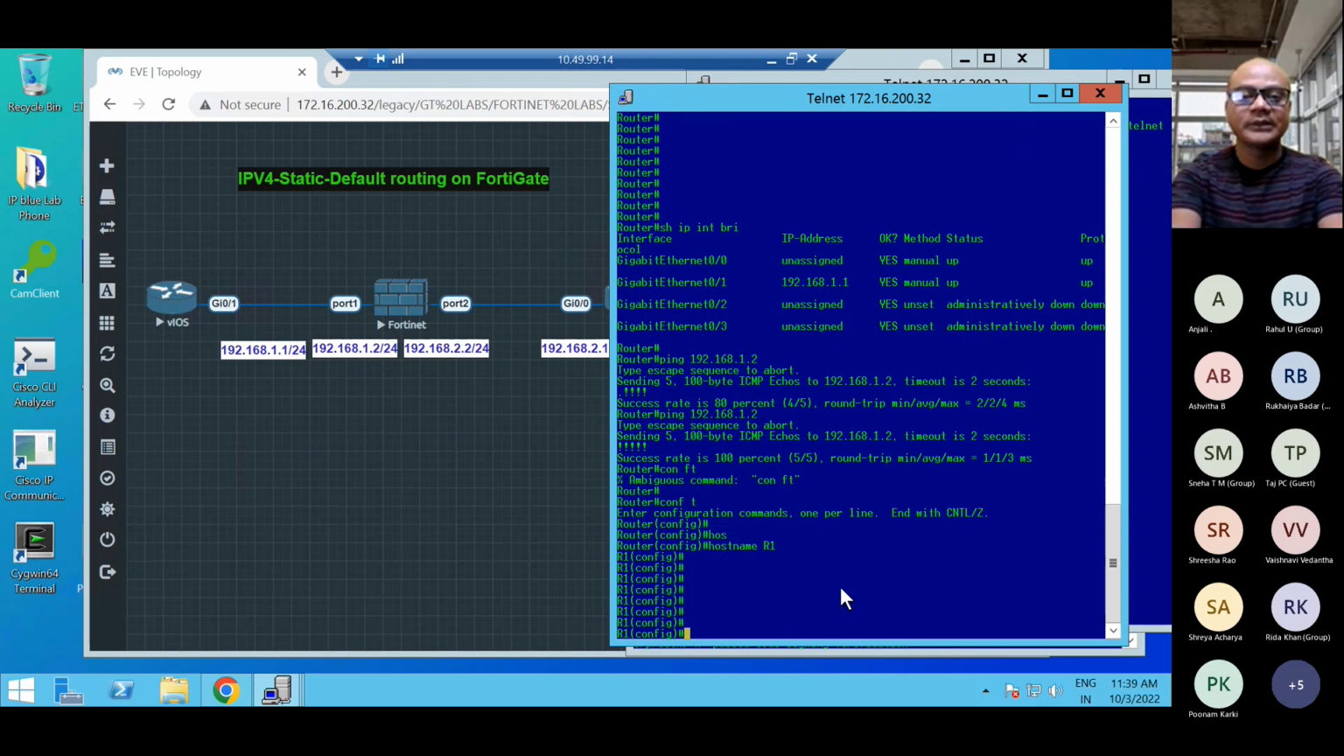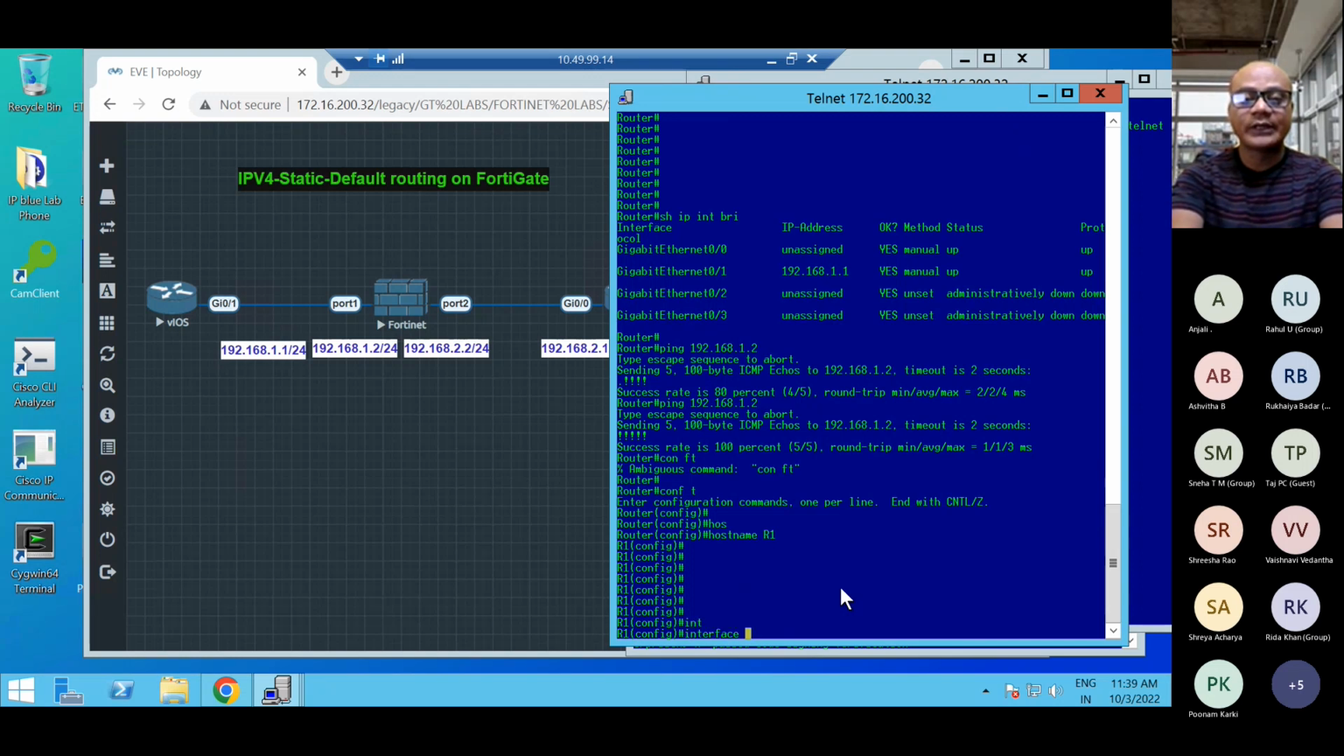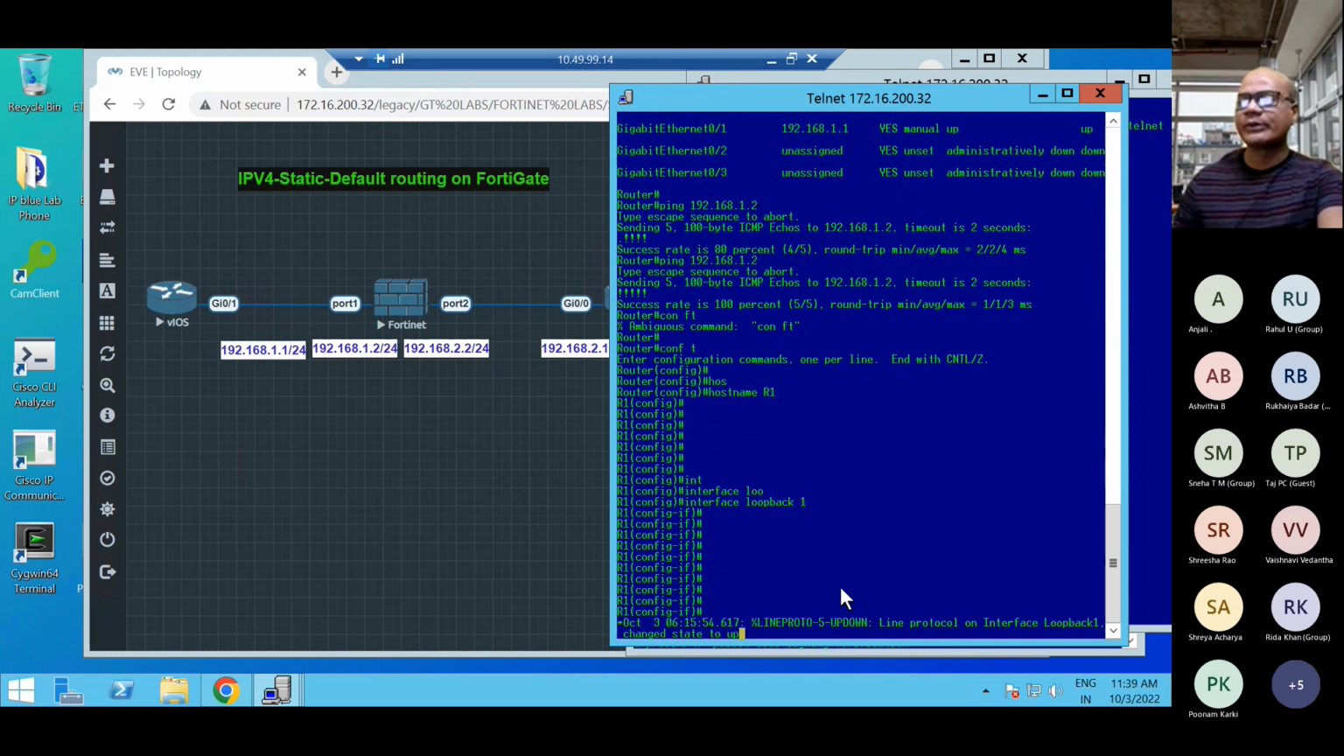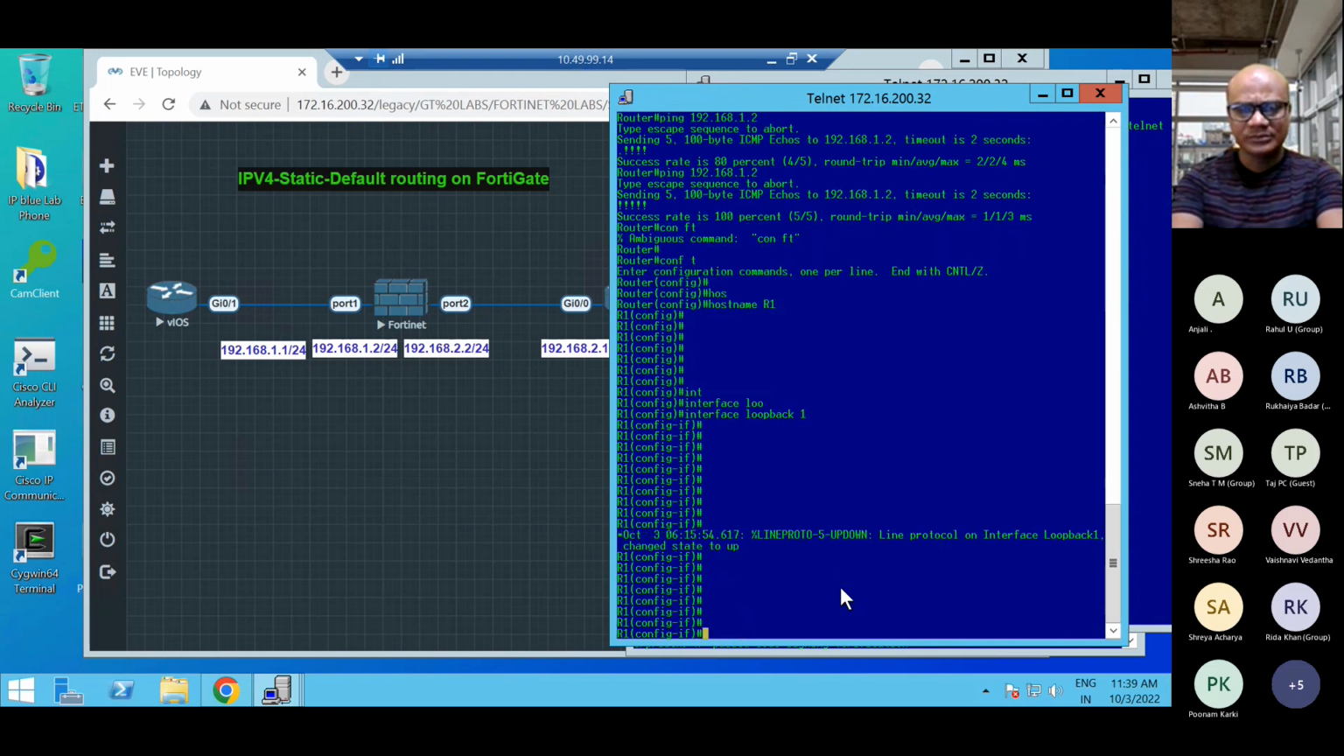Okay, so let's do that. What I'm going to do now, this is done. Now I will create some loopbacks, guys. Here I'm going to create around 5 or 6 loopbacks. Let me create 5 loopbacks, that's it, okay? So give that IP address